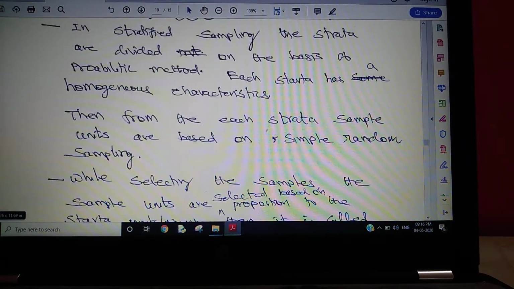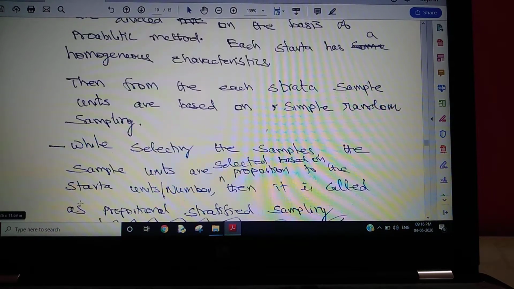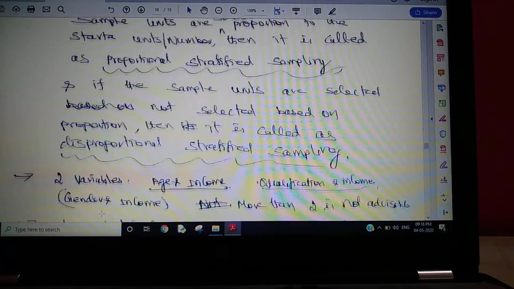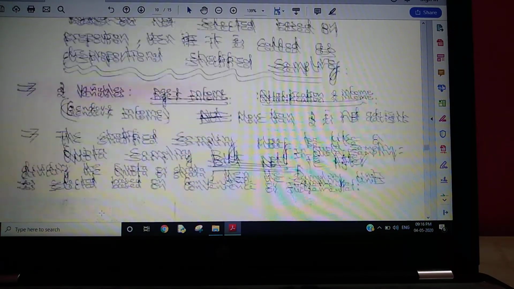Earlier I said that based on age we are selecting 5 or 6 strata. How do we select? From one stratum 60%, and from the remaining 4 strata just 10, 10, 10? Is it like that? Well, let us see with an example.